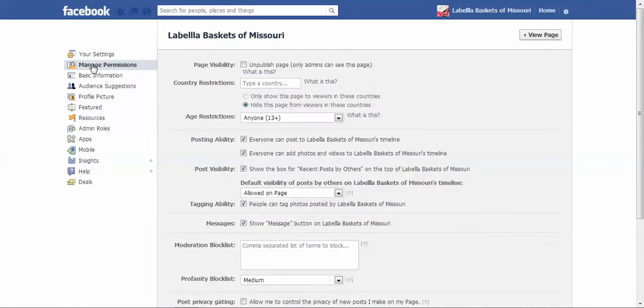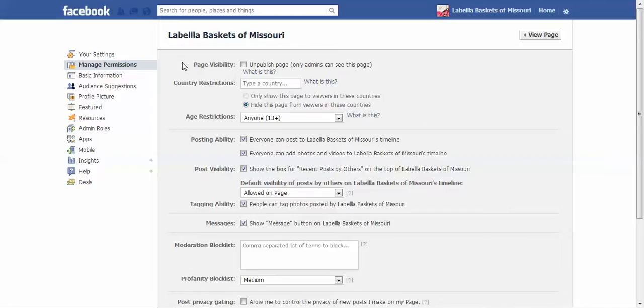And this is going to bring you to page visibility. I unchecked that because we want people to see your page, plain and simple. So if you want to check it, that will unpublish your page for the moment. Maybe you need to do some significant updates or something of that sort. You would want to do that at that point in time. But usually the updates are in real time, so for me it's not necessary to do that.